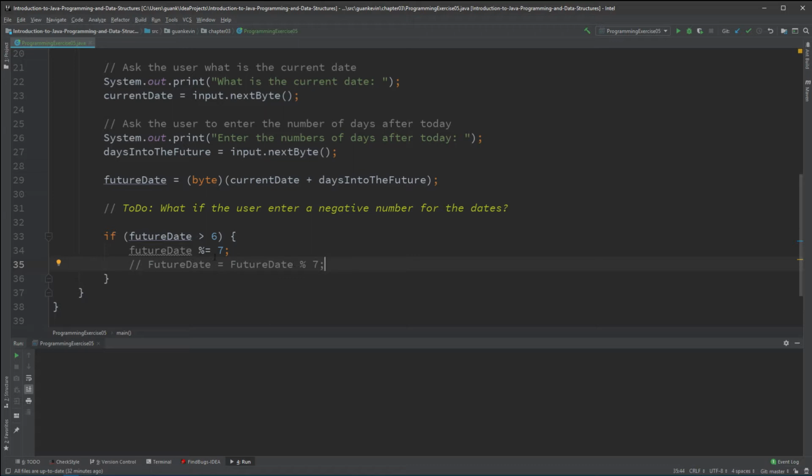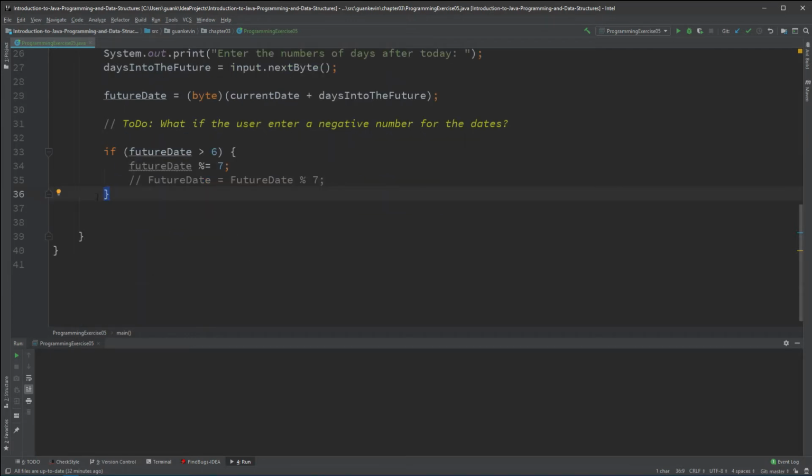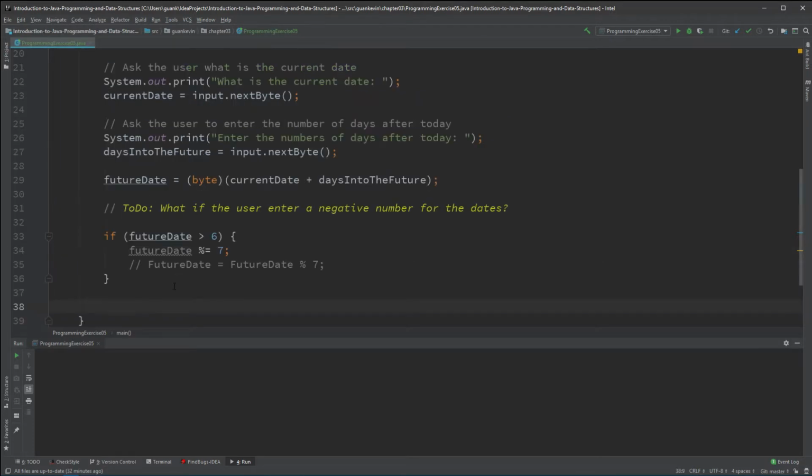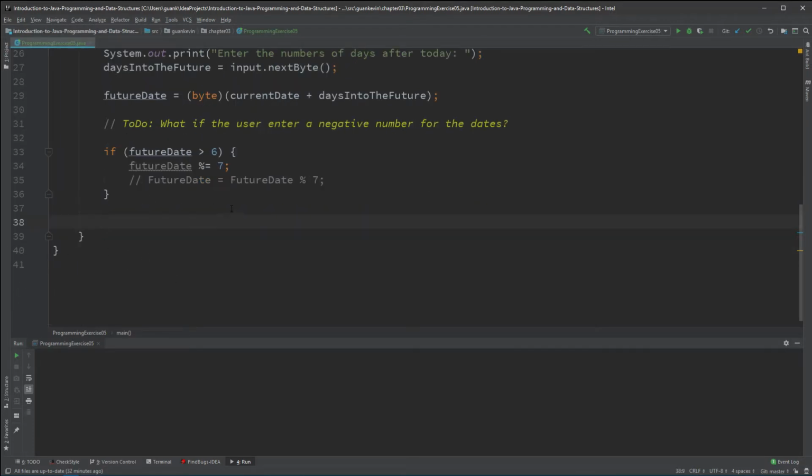So if, for example, the number is 5, then this if statement is completely ignored and it'll jump to the next line of code. It'll jump to after this curly brace here, and look for any other new line of code. If there's no code, the program will end. If there is code, it'll go on to read and perform that next line of code. But if that number is actually greater than 6,